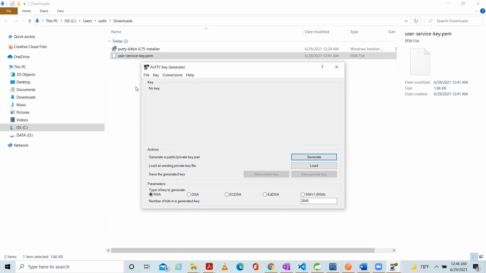We need to first convert it to something compatible before we can use it to connect with SSH. PuTTY supports only .ppk files. We have downloaded a .pem file, so we need to convert the .pem file to a .ppk file.